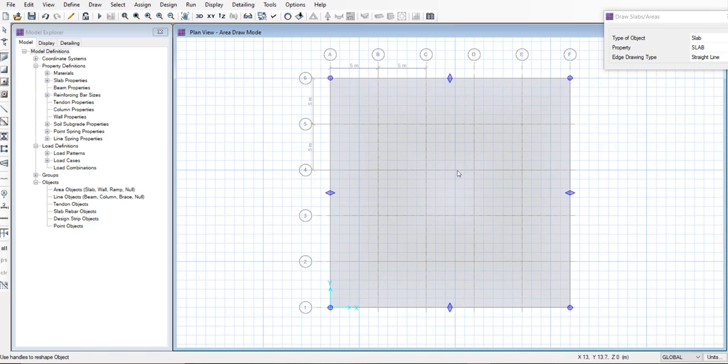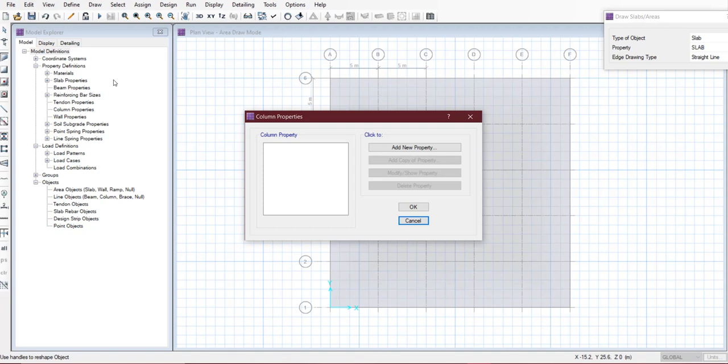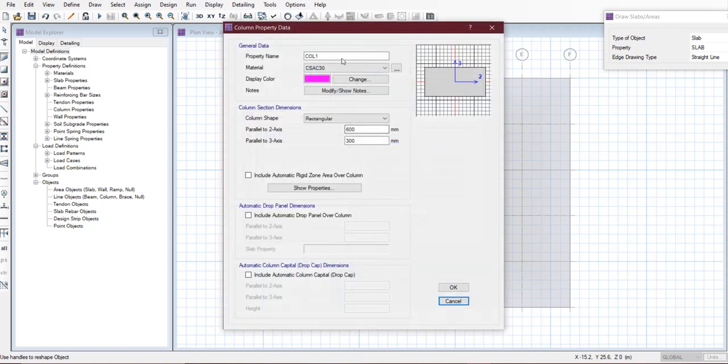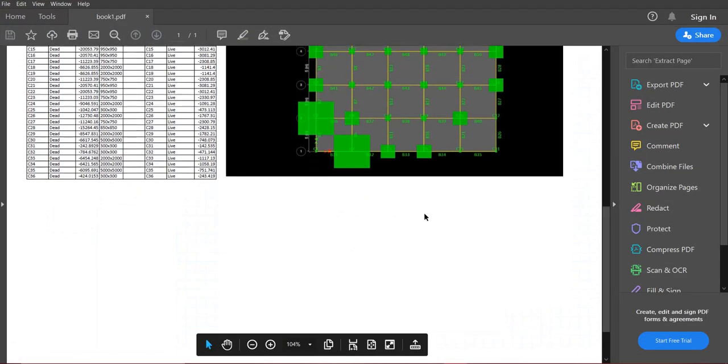You have to add columns at various intersections. For drawing columns, you have to first define the columns. Go to define column properties, add new property. You have to define various column sizes. I will define it as shown in the video.